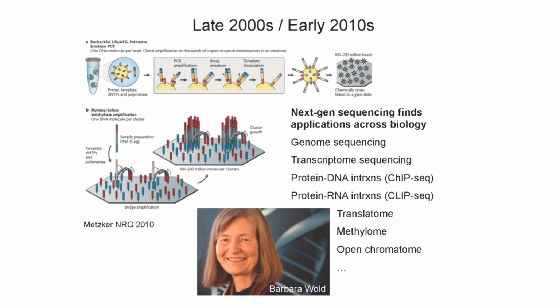Okay. So late 2000s, early 2010s, it's still too early to say for sure what the most important developments will be, but certainly in the late 2000s, next-gen sequencing, which now probably should be called second-generation sequencing, since there may be future generations, really started to transform a wide variety of applications in biology, starting with genome sequencing. Instead of having to be done at a genome center, now an individual lab can easily do microbial genome sequencing, and when needed, it's possible also to do genome sequencing of larger organisms.